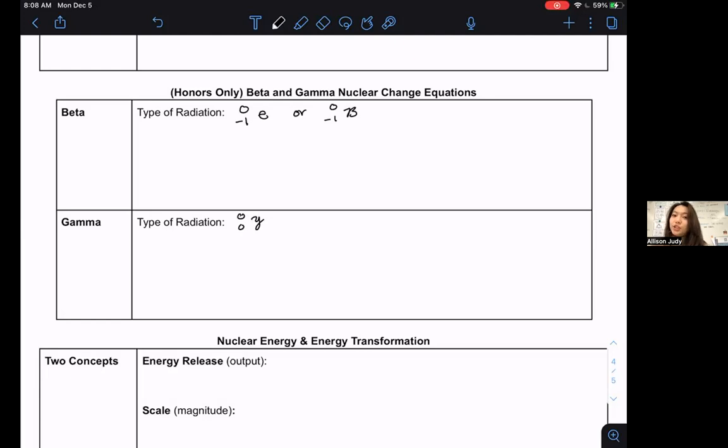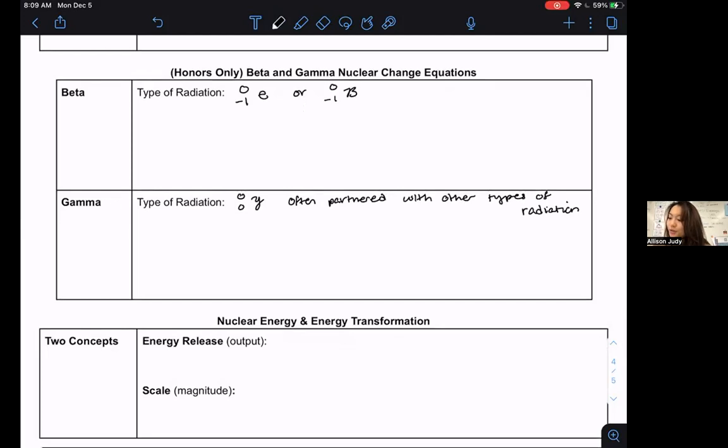Like it's just energy. There's no change in mass. There's no transformation of the unstable isotope. It's just immense energy being released. And gamma is often partnered with other types of radiation. It usually isn't standalone, but when it is standalone, you just have nothing but pure bad. Granted, I wouldn't say that having gamma and beta is also great, but how you would write these nuclear